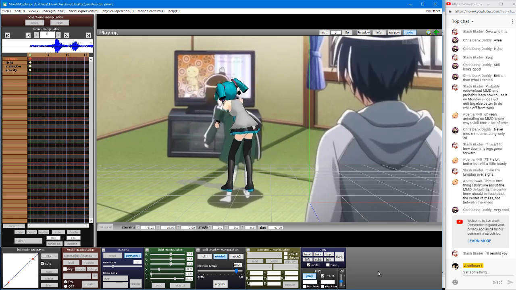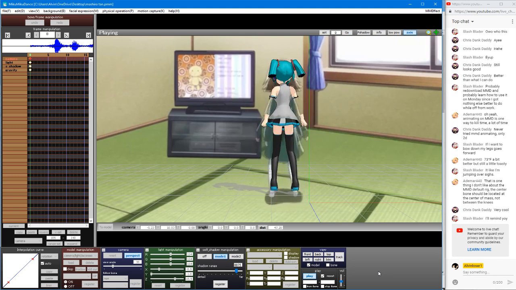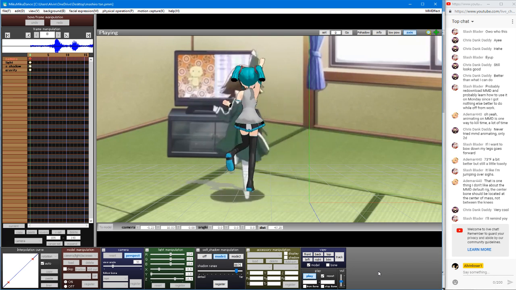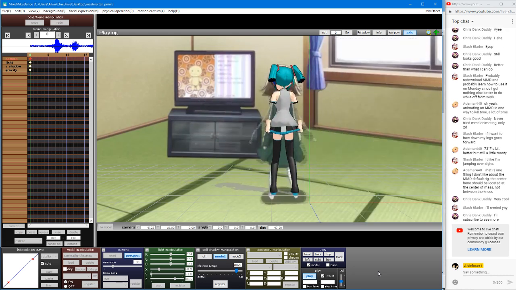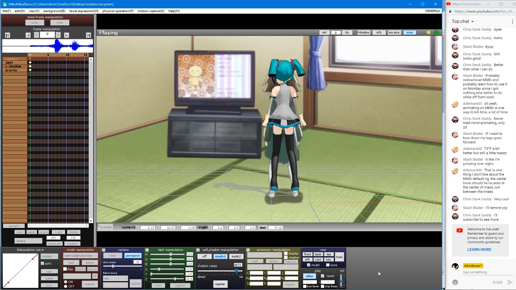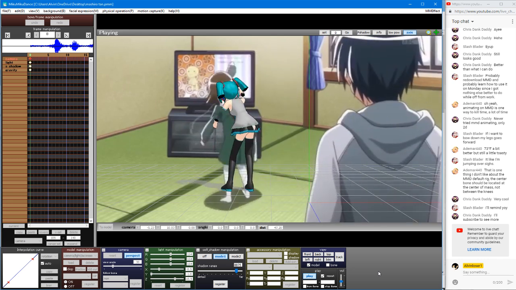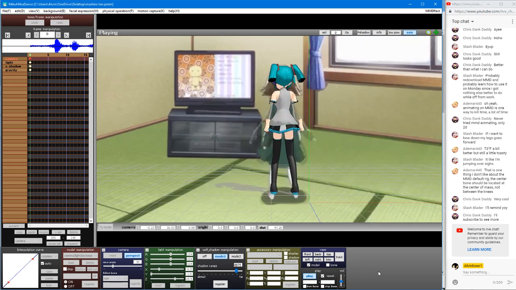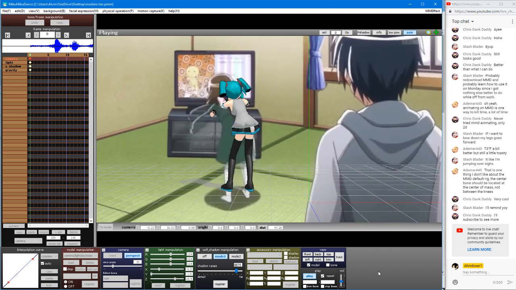The very beginning is good, but right there, if you look at her arms, they're not at all in time with the arms of the character in the video. And then that whole bit where she's bending forward, waving her arms, is just completely mechanical,